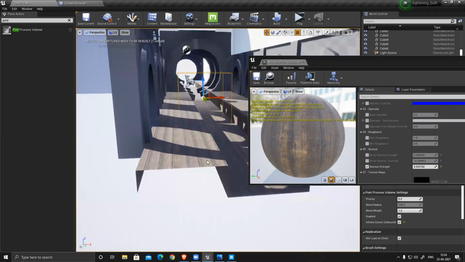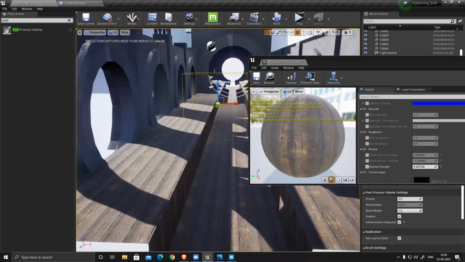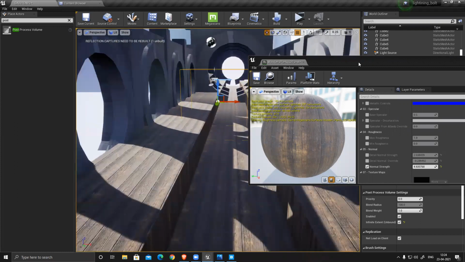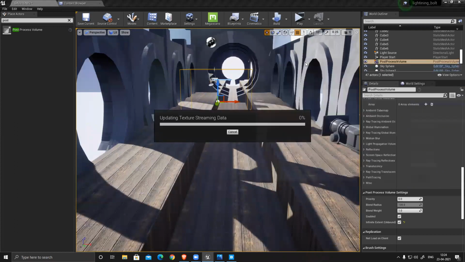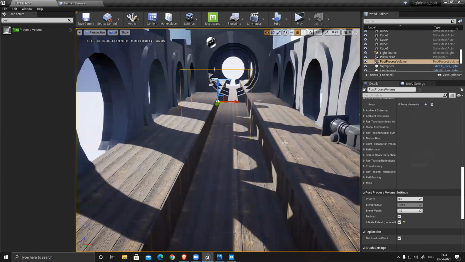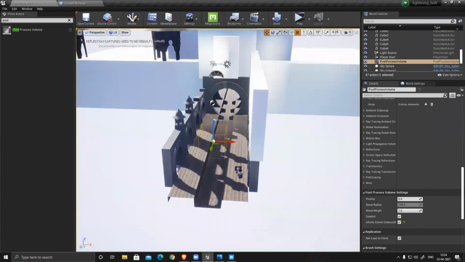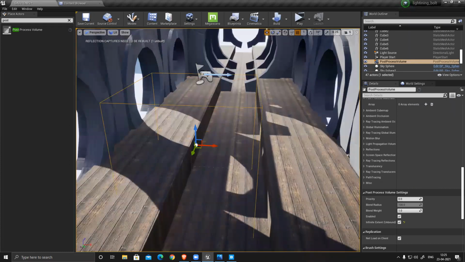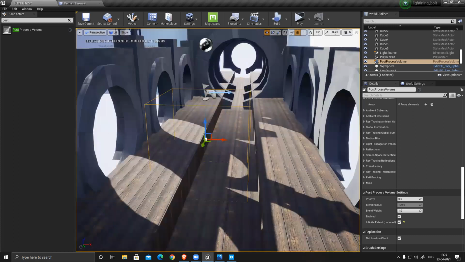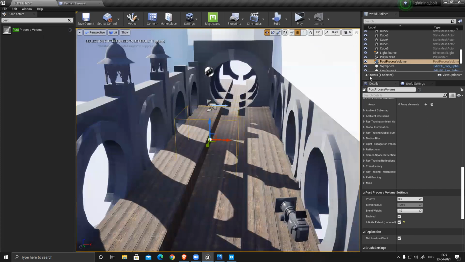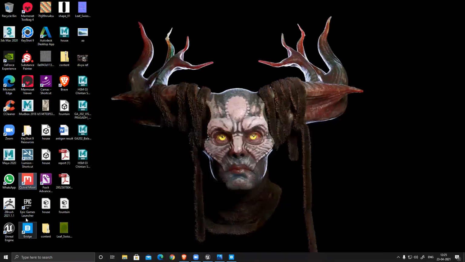Okay, sir. So what about plants? Plants we'll create in SpeedTree. SpeedTree, I guess I have shown you. No, not yet, right? No, sir. Okay. So we'll touch SpeedTree and we will create this entire thing. I'll show you this thing, SpeedTree. It's a separate software. Where is my SpeedTree?